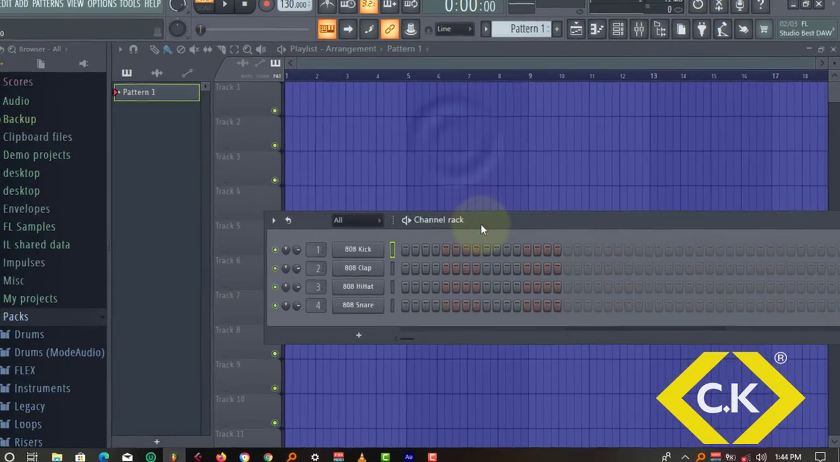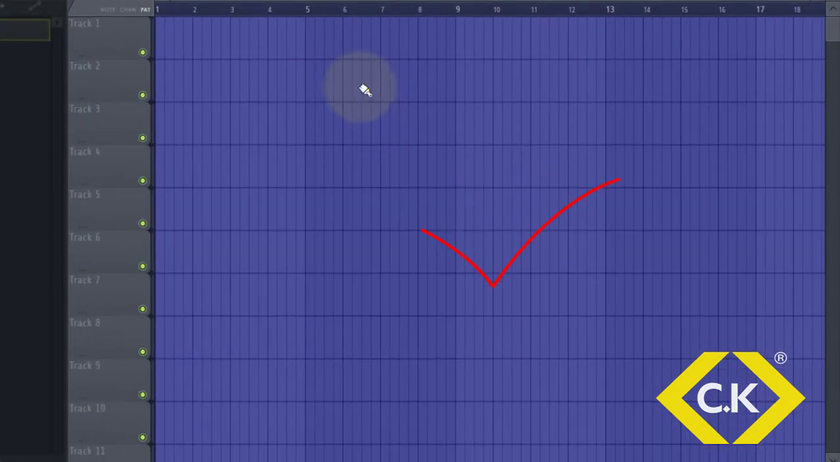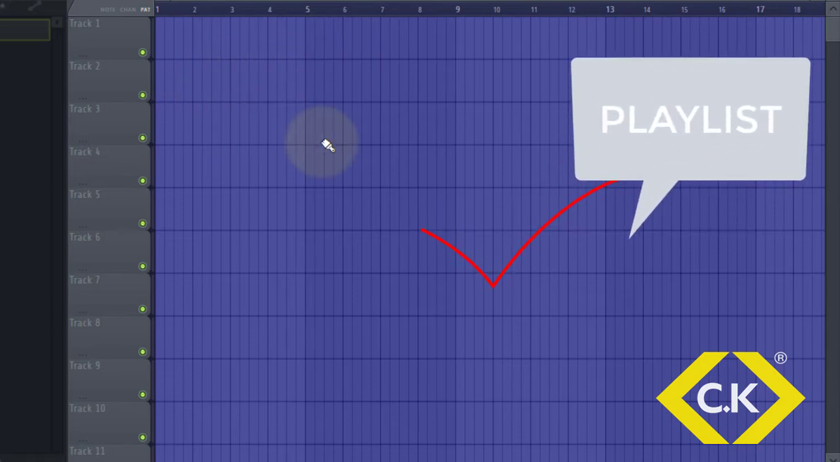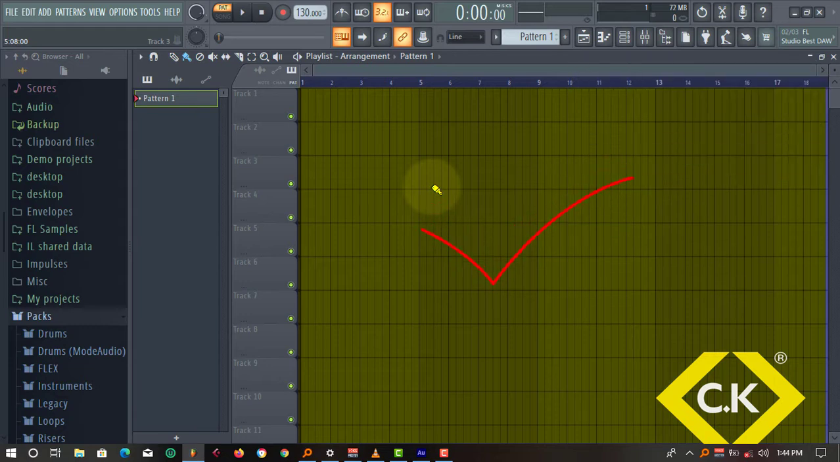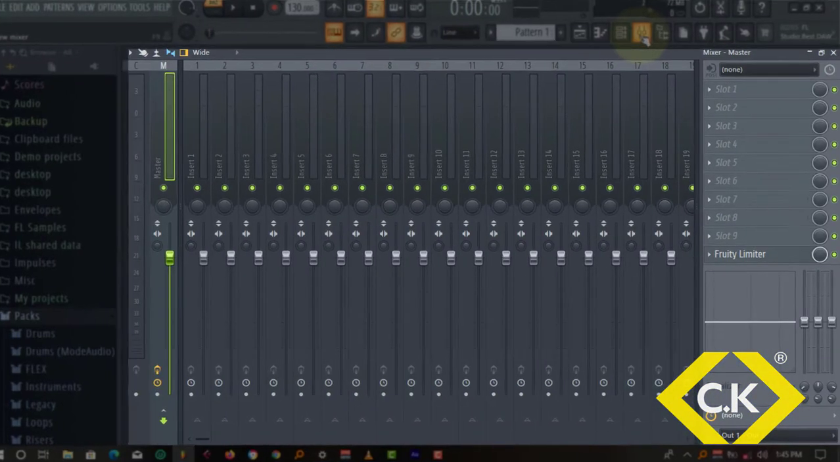The third area you need to know about is the playlist. So this is where you obviously are going to edit all your patterns in, and your samples, and everything basically that you need to customize in terms of editing and all that stuff. So this is the playlist area. So, okay, the fourth area is the